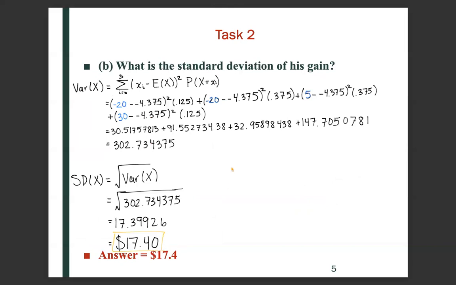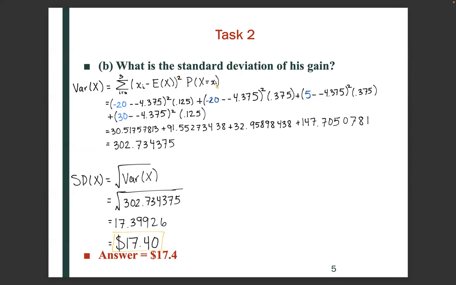Task 2B. What is the standard deviation of his gain? Here we're going to first solve the variance, and then we'll take the square root of the variance to get the standard deviation. So what is the variance? That's going to be the sum over i from 0 to 3 of xi minus the expectation, which we just found, the expected gain, squared, times the probability that